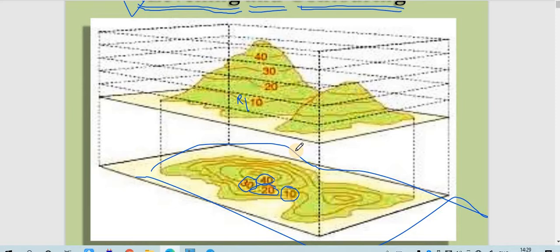For example, if you have to prepare a road or a railway line, we can choose a route or section which has less gradient and fewer hills, so that we need to cut less, and fewer valleys, so that we have to fill less. In this way we can choose our ground path for roads and railway lines. For that purpose contouring can be used.